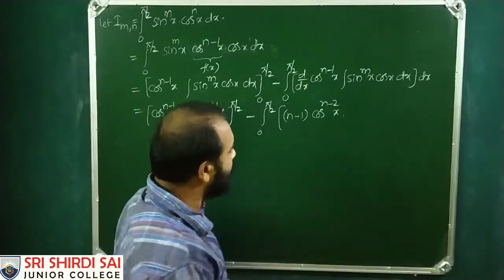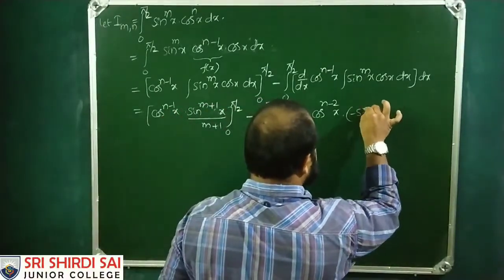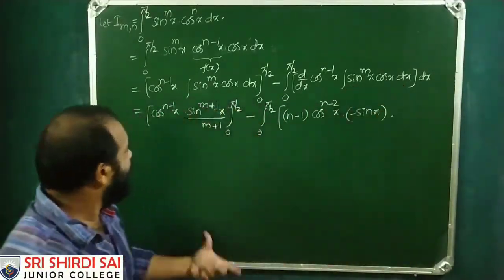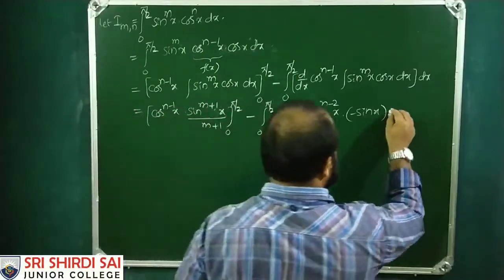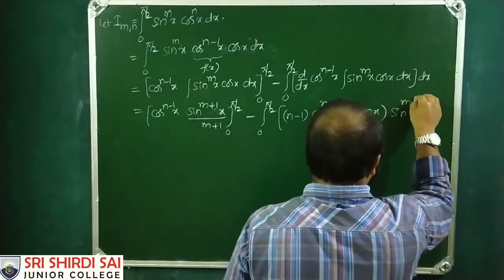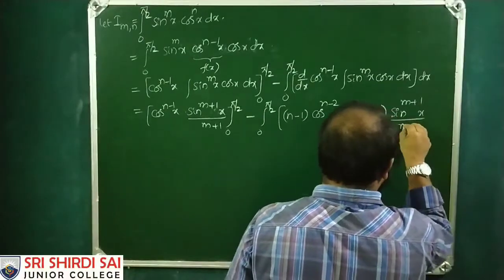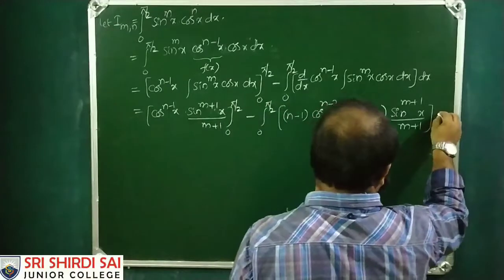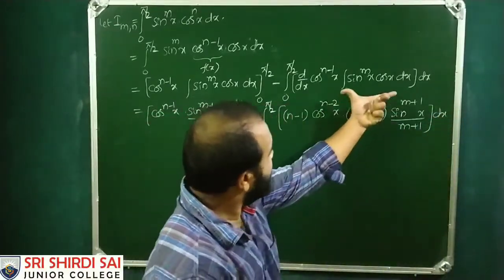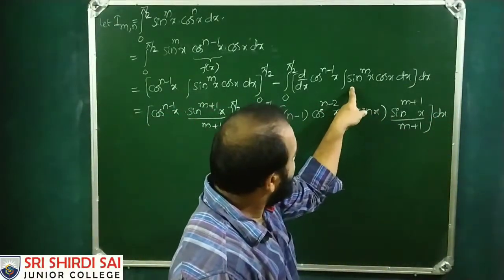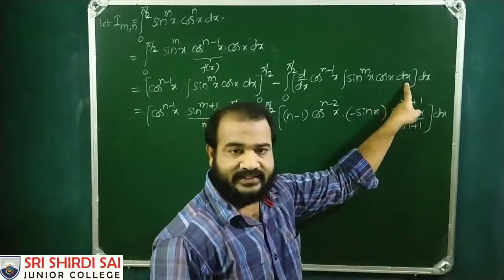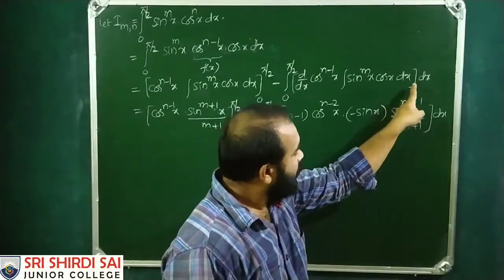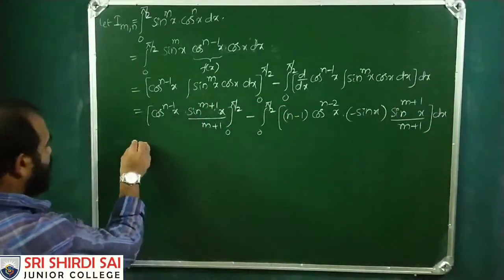So d by dx of cos x is minus sin x into the integral of sin power m x into cos x dx. We have already written here. What is that? Sin power m plus 1 x by m plus 1. So this is f of x whole power m into f dash x, integrating to f of x whole power m plus 1 by m plus 1. So this dx is as usual. This is equals to,